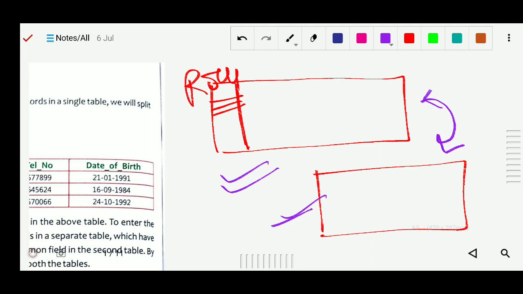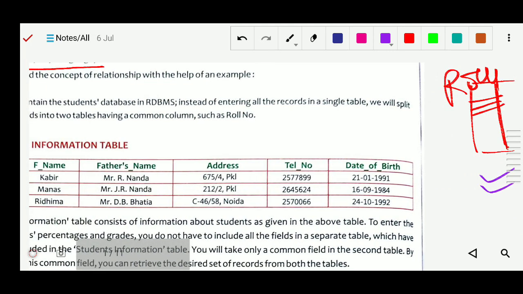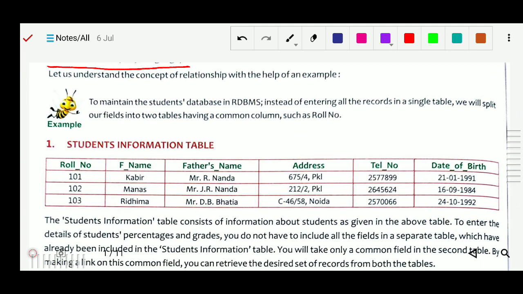Here is one table with the roll number, the full name or student name, the father name, address, telephone, and date of birth. It is already given. After creating this table, I want to add percentage and grade.